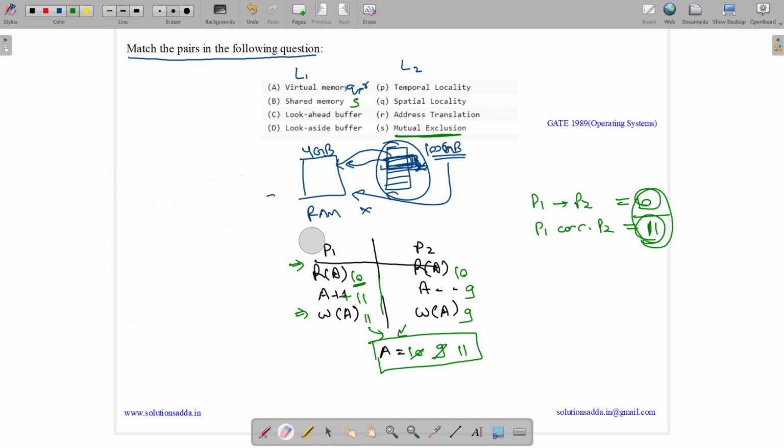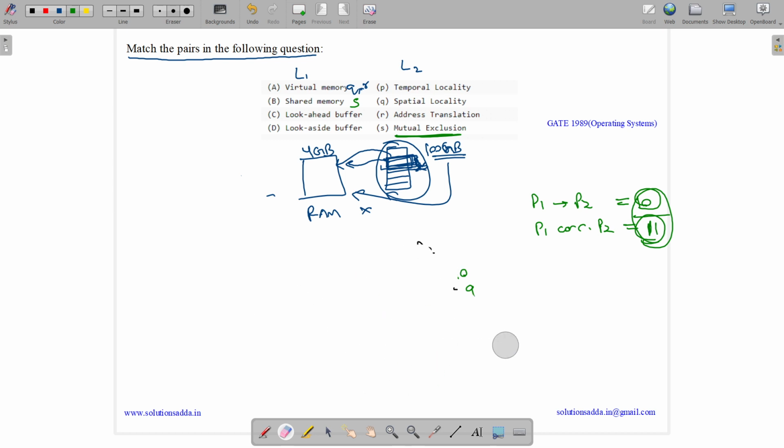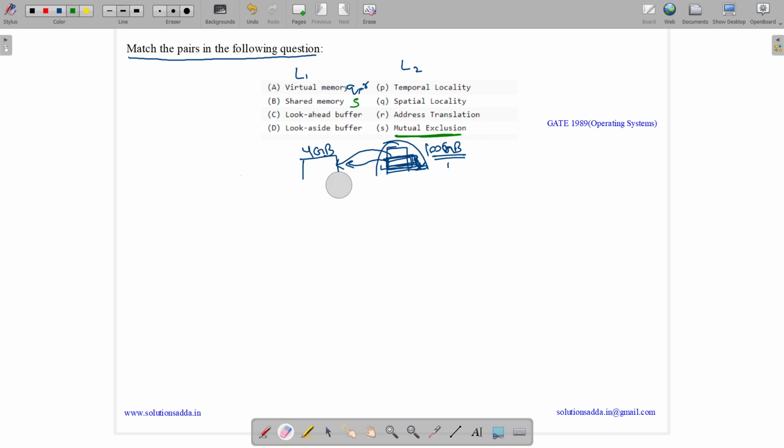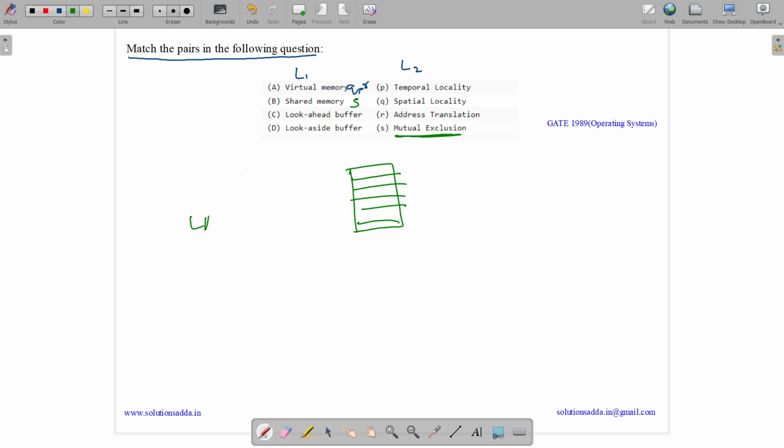So the third concept is the look ahead buffer. So what is a look ahead buffer? Look ahead buffer works something like this. As we know, the CPU always generates a logical address. But some pages, let us suppose these are some pages, which are nearby or ahead are also loaded in the buffer, hoping they will be accessed in the future.